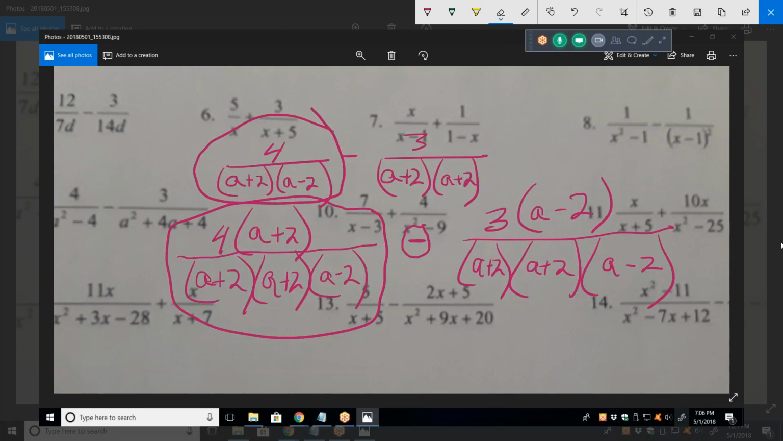Now I'm going to distribute the top. 4a plus 8 on the left. And I'm going to distribute and get rid of the parentheses at the same time. So that's minus 3a. That would have been minus 6, now becomes a plus 6. And I have the same common denominator. So now if I combine this, I get a plus 14